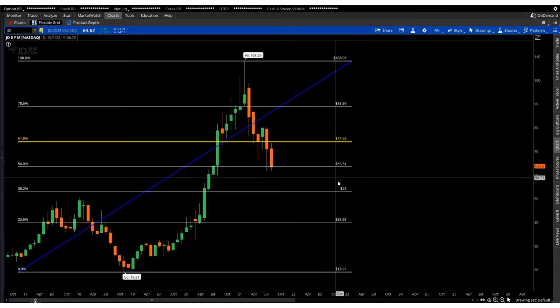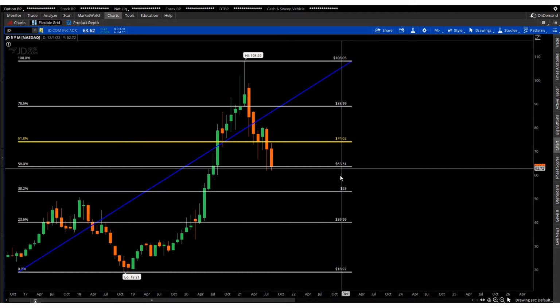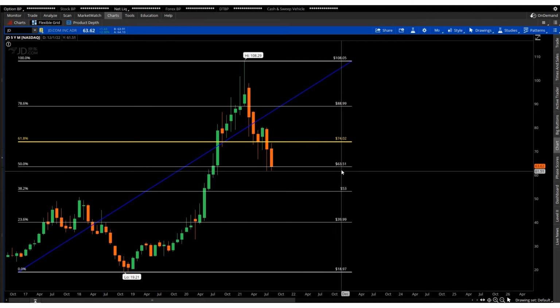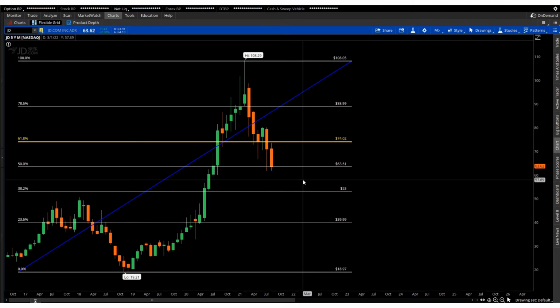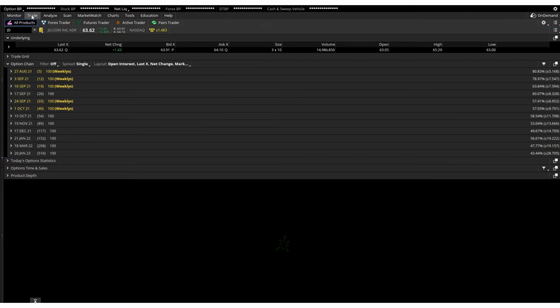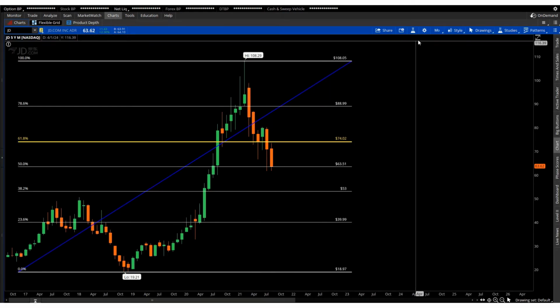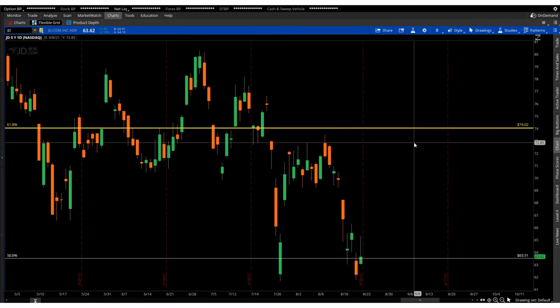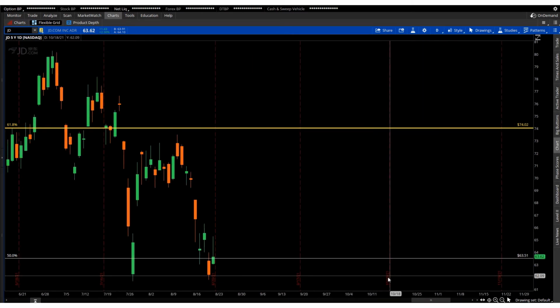So if I was going to buy one, I would consider a strike price that would be conservatively between 63 and 53. So that would be like in the $57, $58 range. So if I click on the trade tab, here are the specific details regarding the security. So I'm looking at October because this will give me enough time for the trade to develop. So here is the October expiration.